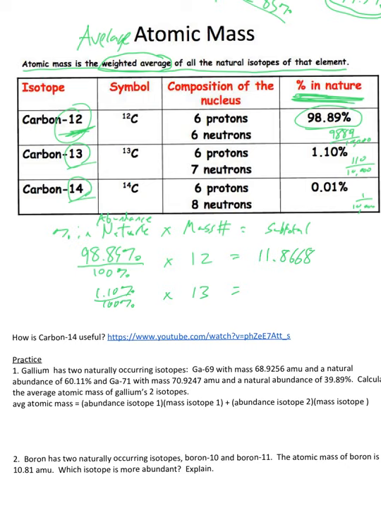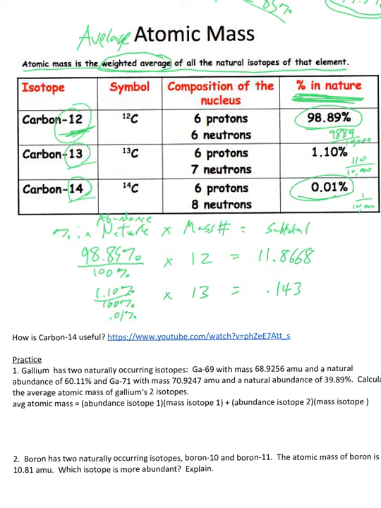1.10 divided by 100 gives you 0.011. Multiply that by 13, and you get 0.143. And then the last one is you're going to take the percent abundance of carbon-14, which is